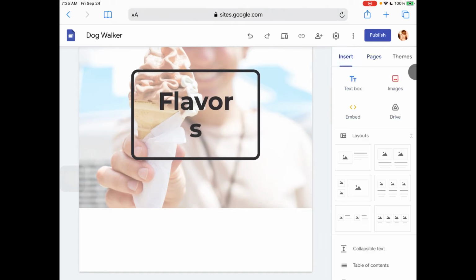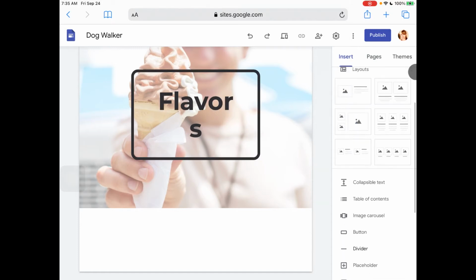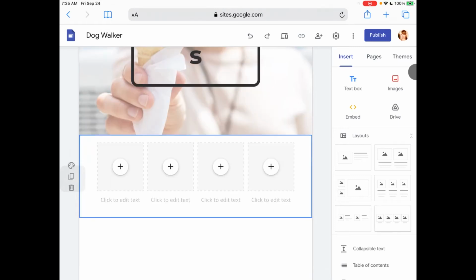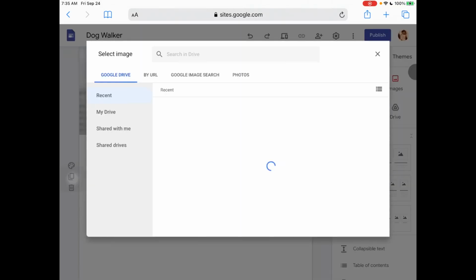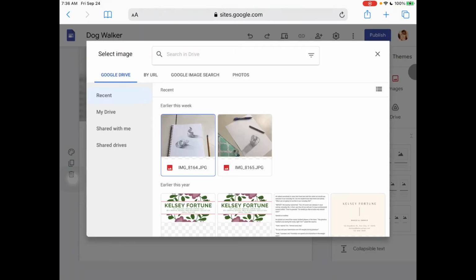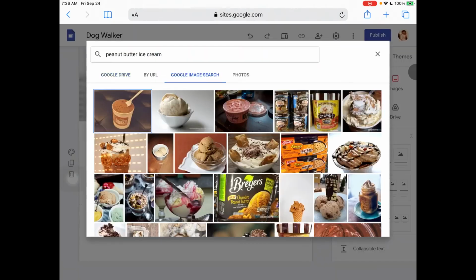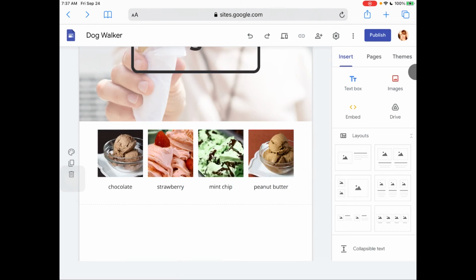So once you get to here, you're gonna need to go to insert, and I'm like, what do I wanna do? Do I wanna just make a list? If so, I can add a text box. Or what I might like to do is insert this little photo gallery, and then I could come in here and put in pictures of each of the flavors of ice cream and then put a label underneath,